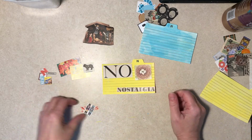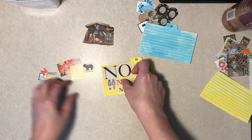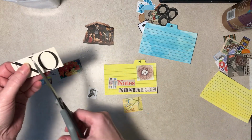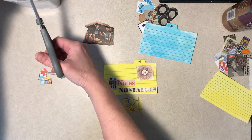Nest, nutcrackers, notes, a little tiny map of New York. Yeah, okay, we're going to get rid of the O. I have nasturtiums and Nesquik, which